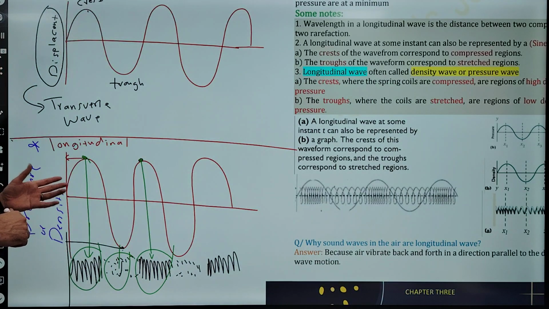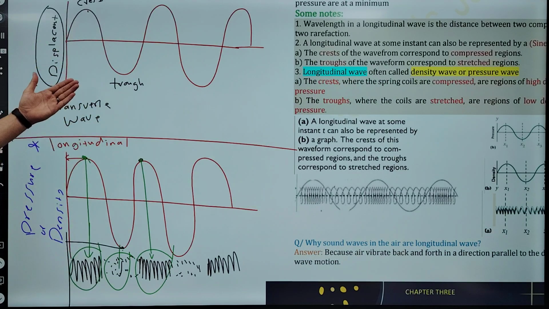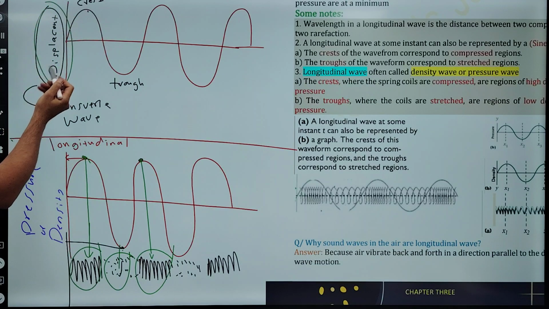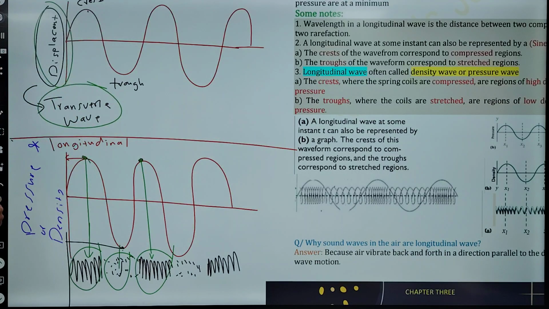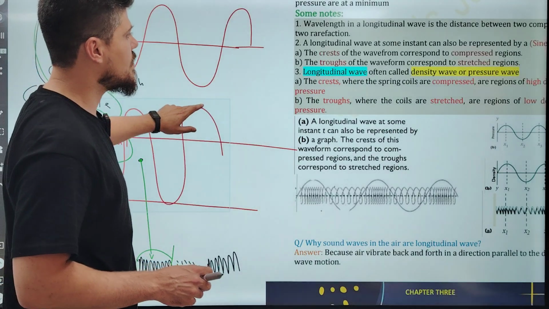Okay, so how can you separate these two figures? Because some of the students struggle between these two figures because they say this is the same figure. Actually this is not the same, because we have displacement here. If you see displacement, it means that this type of wave is a transverse wave. But if you see pressure and density, you have to say this sine wave is a longitudinal wave. Both of them are sine waves, but the first is a transverse wave and the second sine wave is a longitudinal wave. Why? Because here we have density and pressure.